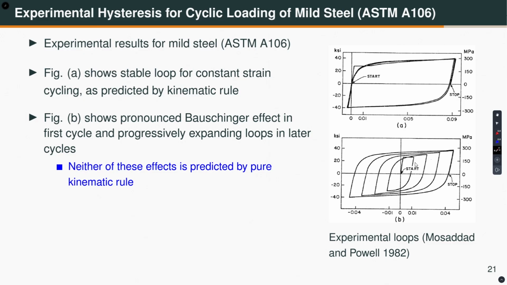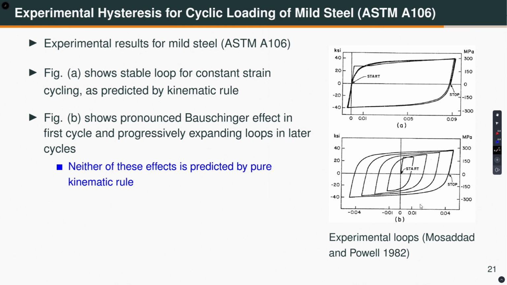So, it is basically showing both kinematic and isotropic hardening. Neither of these effects can be captured by a pure kinematic hardening rule. Okay. So, you need both isotropic and kinematic. There are more complicated models, but we are not going there in the